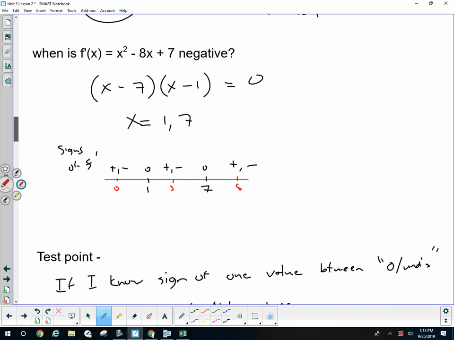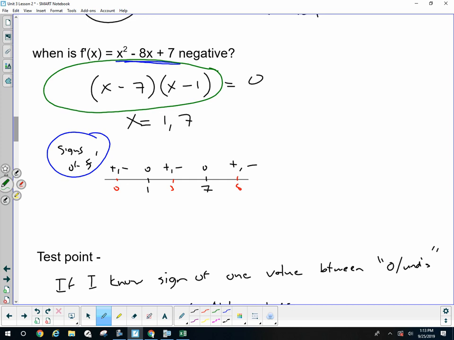Now, where do I plug it into? Will I plug it back into the original function f, or will I plug it back into f prime? We are trying to analyze the signs of f prime. So I want to plug it back into f prime. However, we have two versions of f prime. We have f prime and a factored f prime. I will tell you right now, it will be so much easier to plug values into a factored form of f prime than into regular f prime, because I know